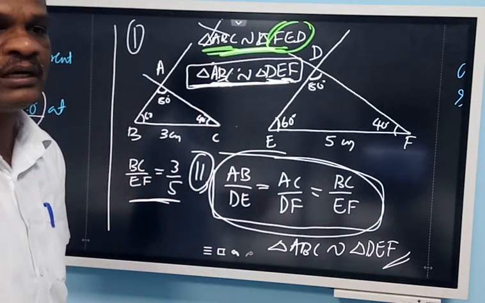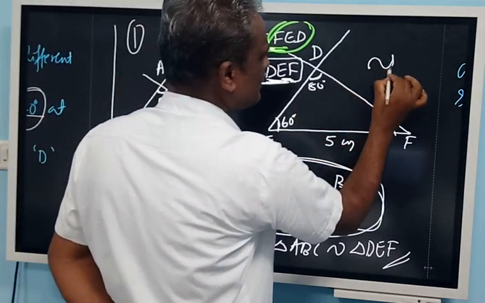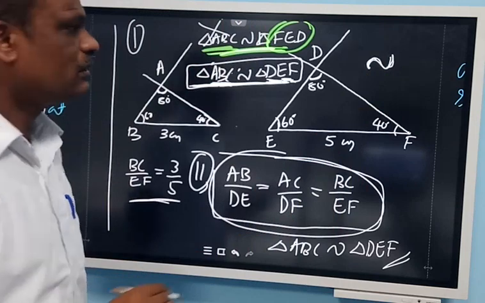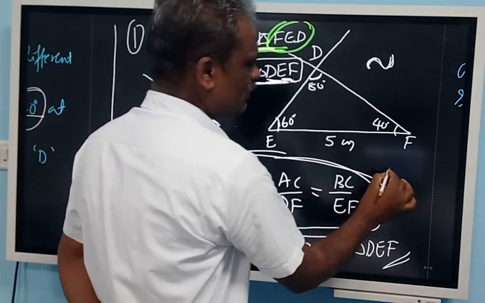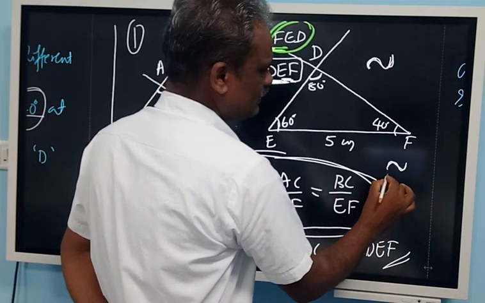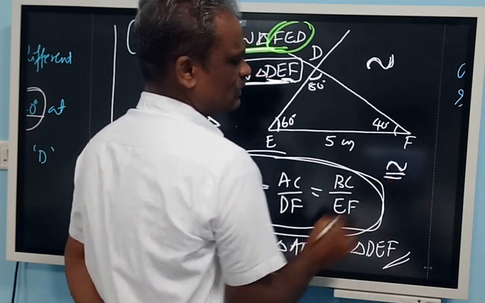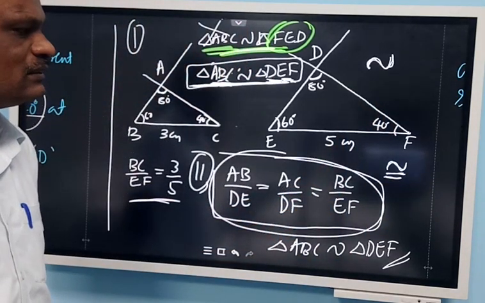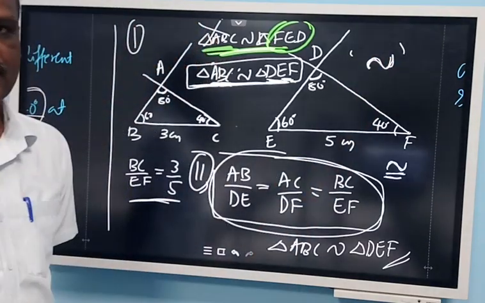Vertices should be in the same order. And the similarity symbol I told you, this is the similarity symbol. Two triangles are called similar if you use this symbol. What is the symbol for congruence? Like this, then below you have to write like this, isn't it? So equality over that similarity sign gives you the congruency. So this is only for similarity of two triangles.